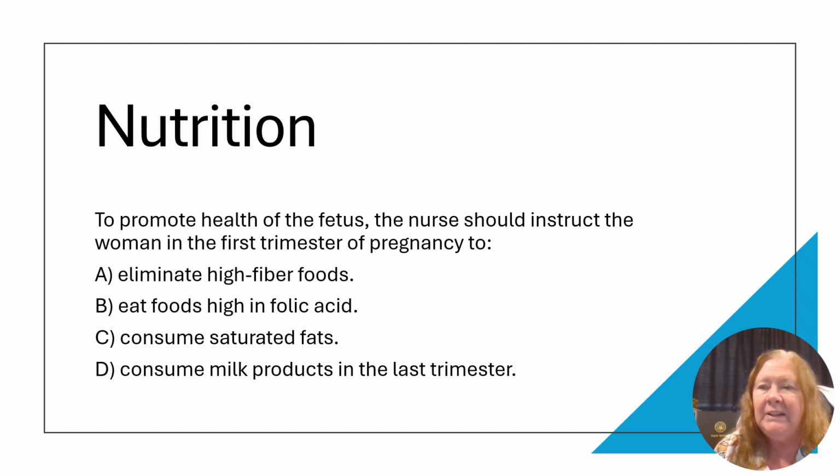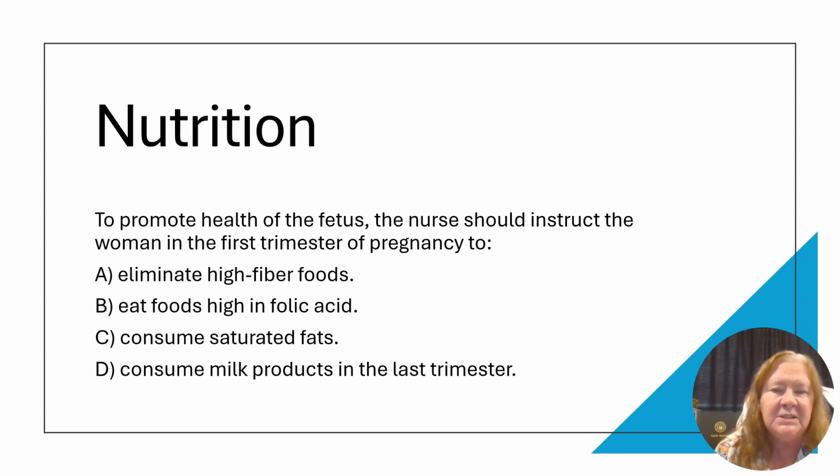Okay, we're back. And the correct answer, this is another question I've used quite often and I've seen quite often in standardized testing and unit exams. The correct answer is letter B, eat foods high in folic acid. Folic acid deficiency in pregnant women can lead to neural tube defects in the fetus. Women during pregnancy may experience constipation. Increased fiber intake is recommended. Saturated fats are to be eaten only in moderation, and milk products are important during the